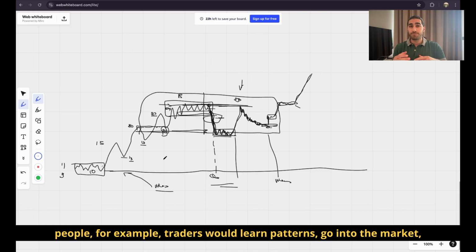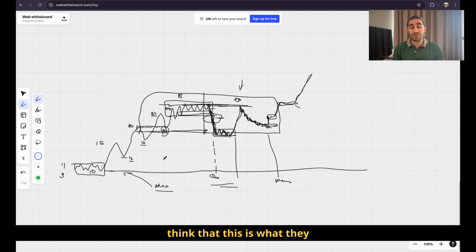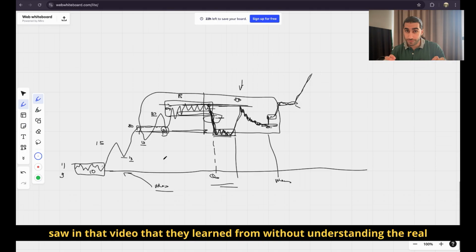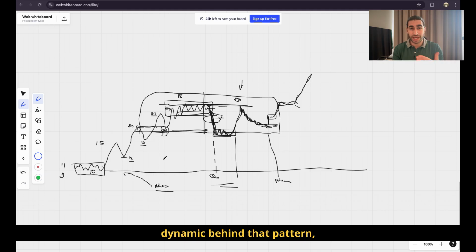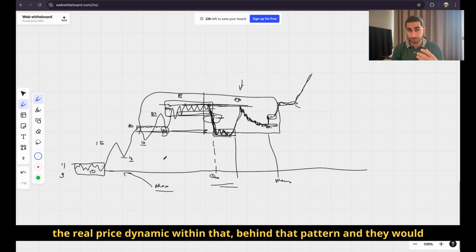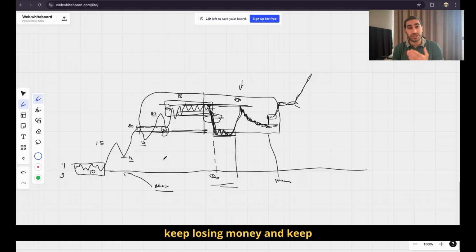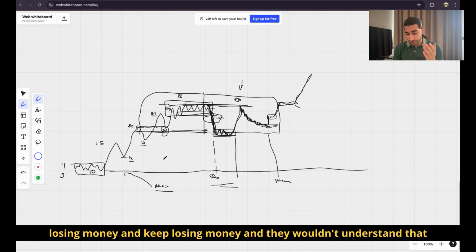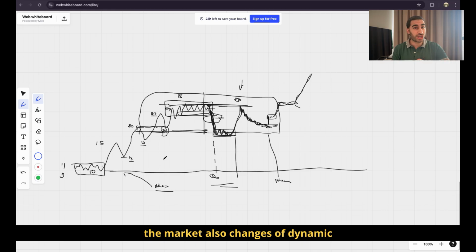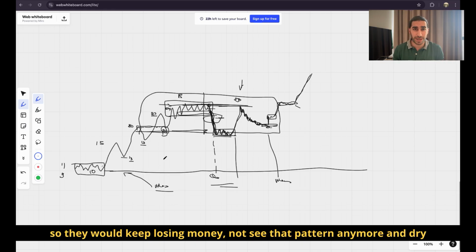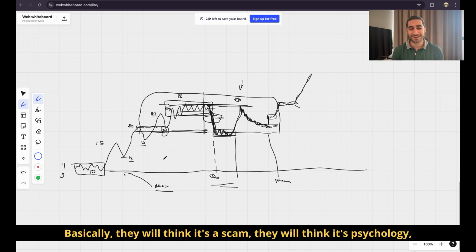This is what traders do, for example. They learn patterns, go into the market, and think that this is what they saw in the video they learned from, without understanding the real price dynamic behind that pattern. They keep losing money, and they don't understand that the market also changes its dynamic, so they keep losing money, don't see that pattern anymore, and dry themselves out of cash. Basically, they will think it's a scam, they will think it's psychology,